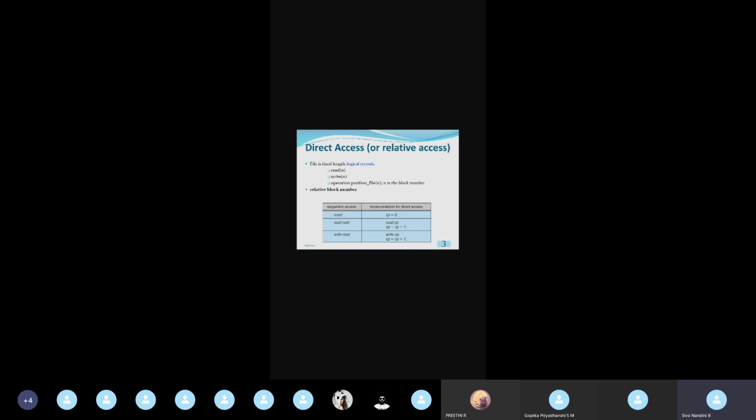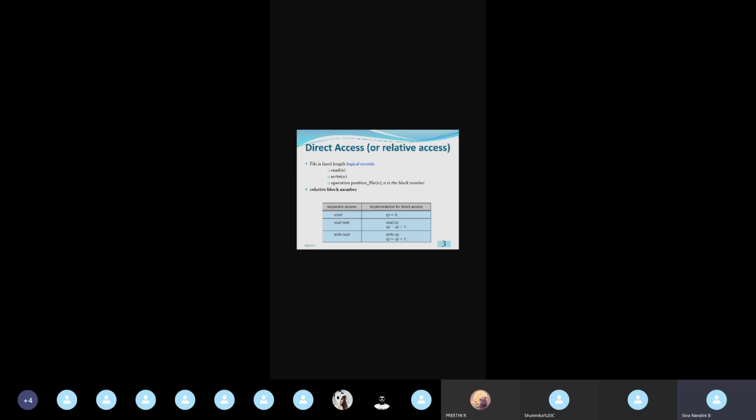So in sequential access, when we reset, it obviously goes to the initial position, that is block 0. Whether we restart or turn on the system, where will our current position be? At the 0th location. For direct access implementation, CP is nothing but a variable indicating the current position. So the current position will be the 0th block.